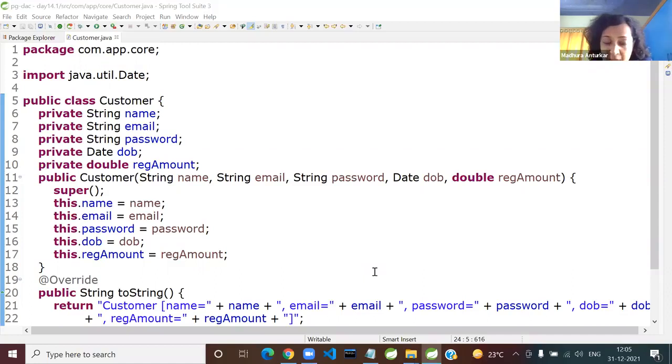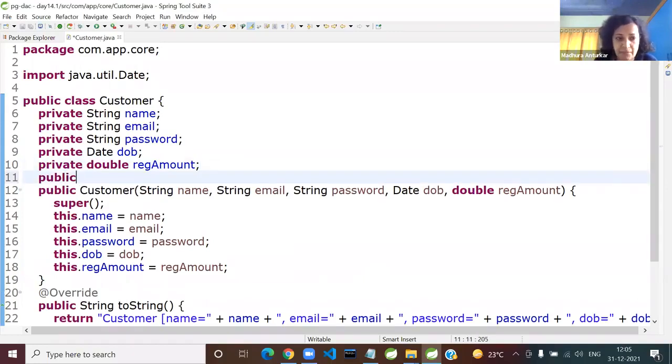Yes, simple date format. So simple date format is the name of the class. So simple date format should be static or non-static. One single copy is sufficient or multiple copies you require? Static is sufficient. So add that. Make it public so you can access it from anywhere. Public static, simple date format.